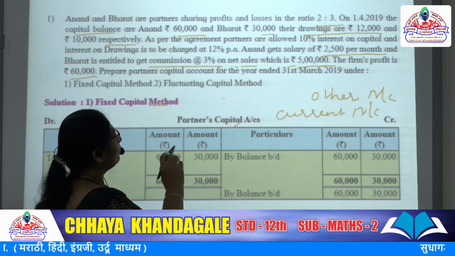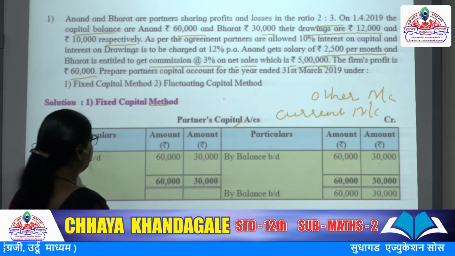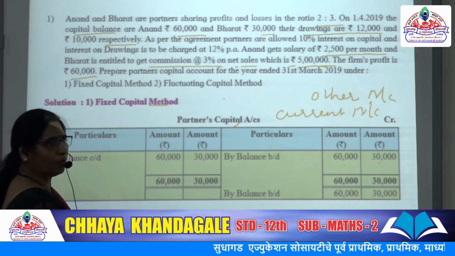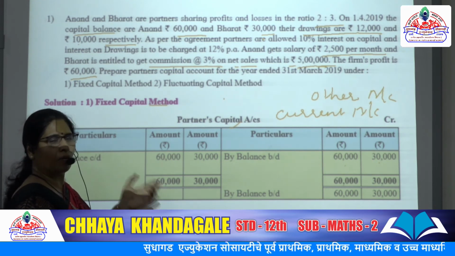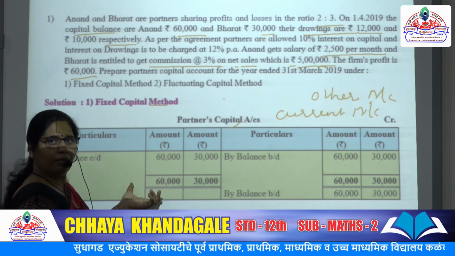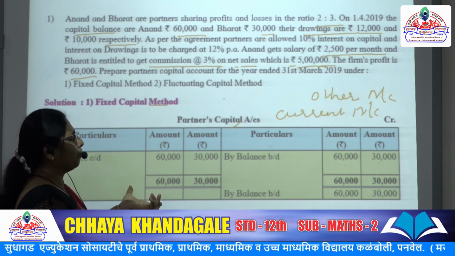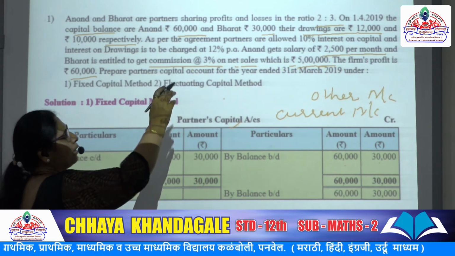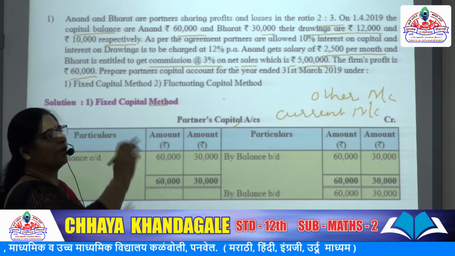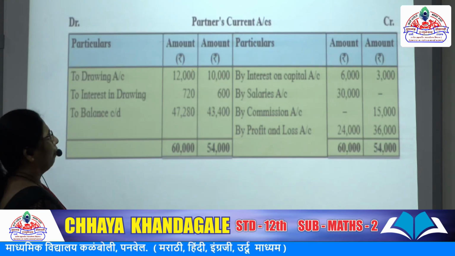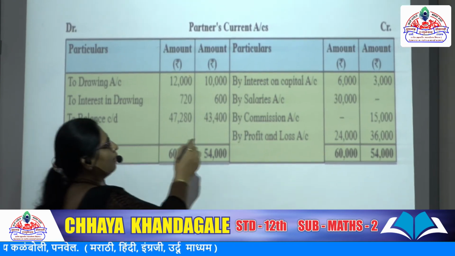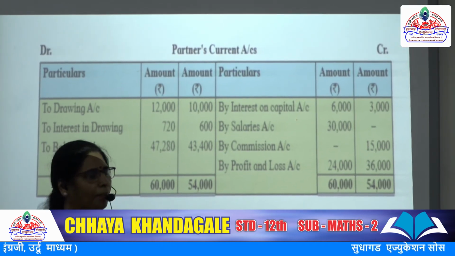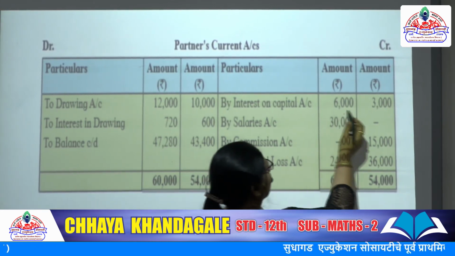Then their drawings are 12,000. Where are we going to write the drawings? In the current account. Nothing is to be written on the capital account. In the capital account only the capital of that particular partner is to be written and nothing else. All the adjustments, commission, salaries, interest on drawings will be written in the current account. Now in the current account, interest on capital at 10%, that will come to 6,000, and